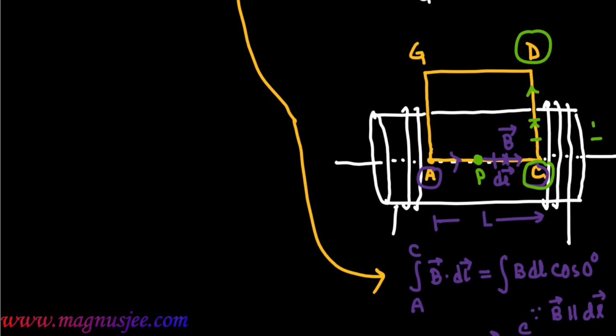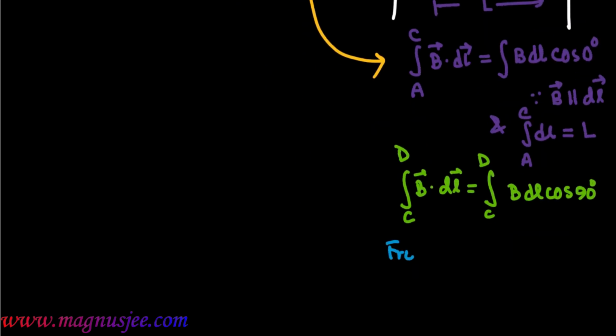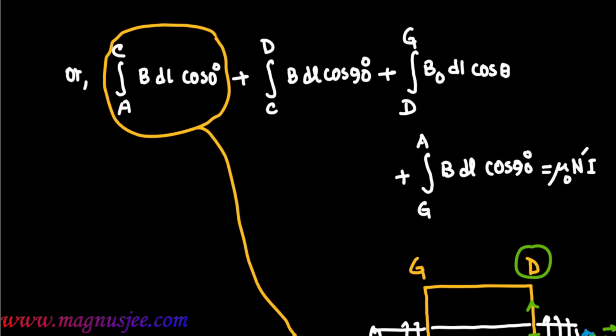we consider a small element of length dl, and vector B acts along the axis. So vector dl is perpendicular to vector B. From C to D, vector B acts along the axis, so that's why vector B is perpendicular to vector dl, and theta is equal to 90 degree. Now from D to G,